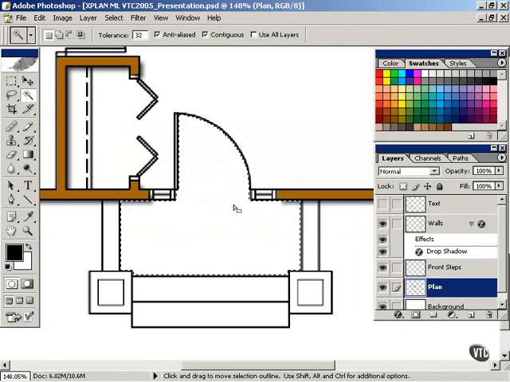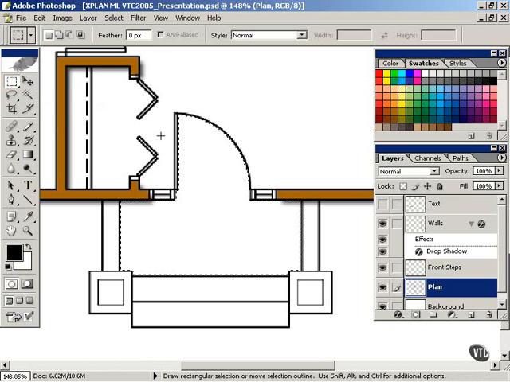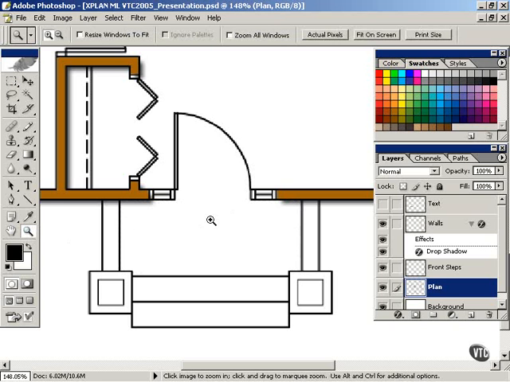I don't want that to happen, so what I can do is using the rectangular marquee tool, switching to that, holding down the Alt key, I can click and drag and release, and that will remove that portion from the selection. That's one way to do it. If I use Control D, that will remove the selection. Going back to zoom,